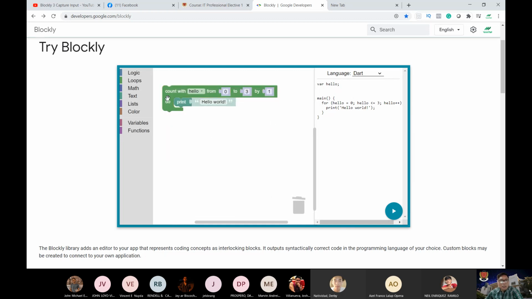Now, if we will play this now, okay. Let's try. So we have seen here hello world. The problem is isa lang siya. It means that if you click here, this is the first. So we have then okay, click OK. Second, click OK. Third, click OK. Fourth, click OK. So it means that this one, since we start from 0, hello world here will be printed